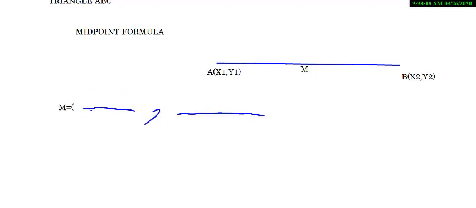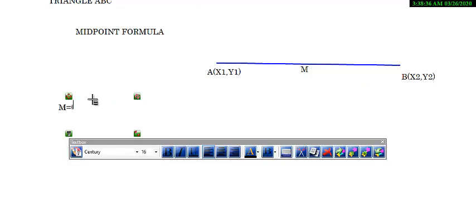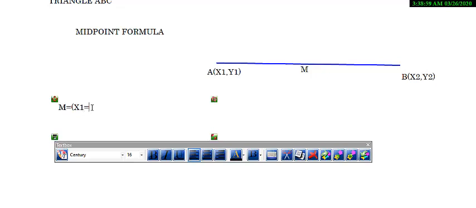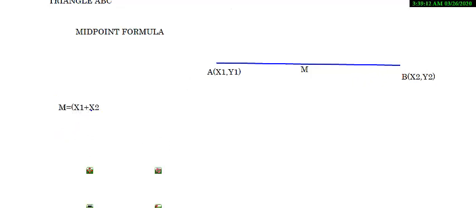So here I'm gonna write down x1 plus x2, all divided by, I'm gonna take a fractional line, divided by 2, and for the y it will be